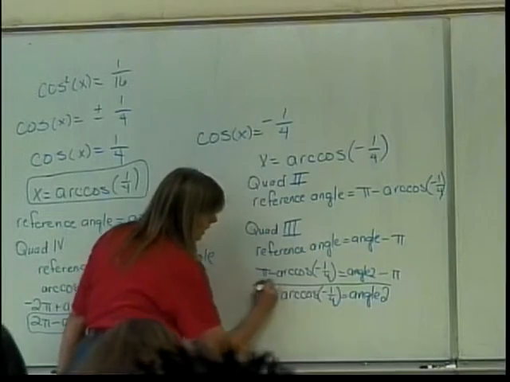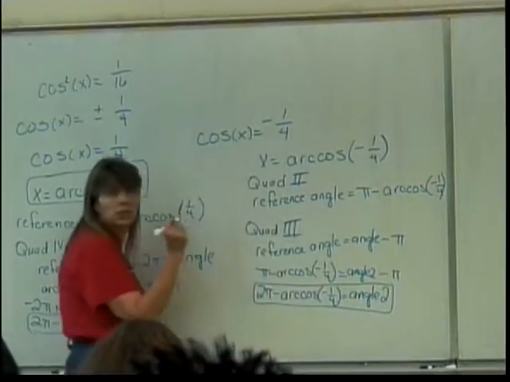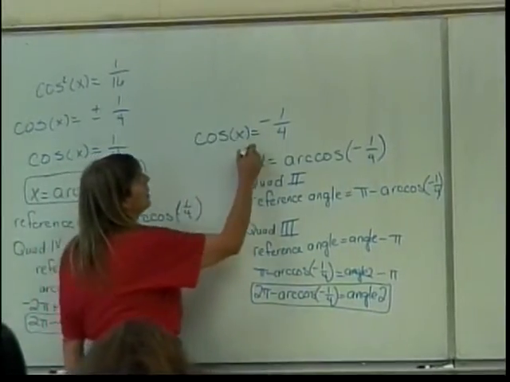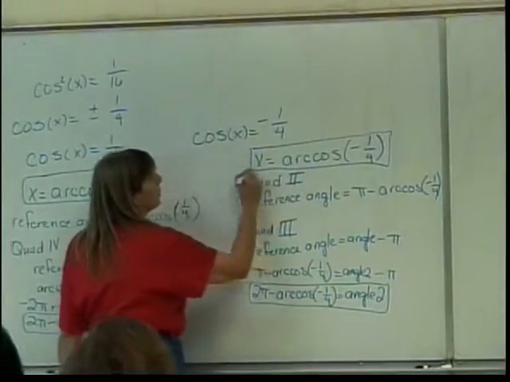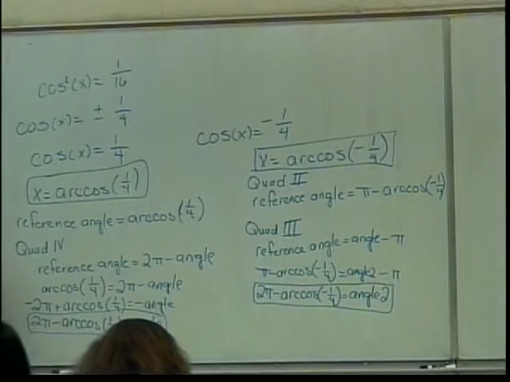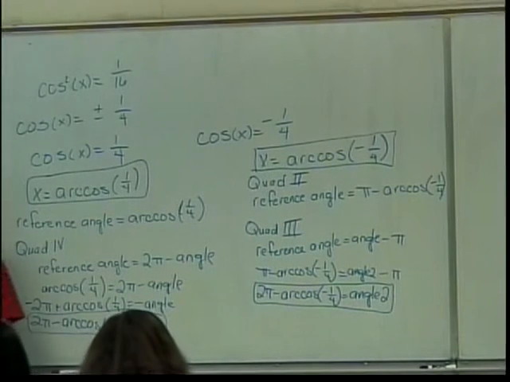So this is the second one that produces the negative cosine value, and this was the first one that produced the negative cosine value. And when it comes to putting them into